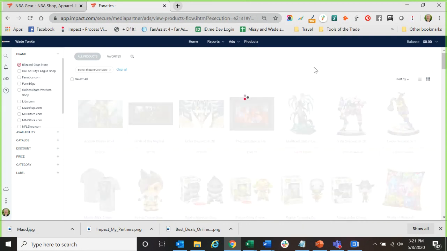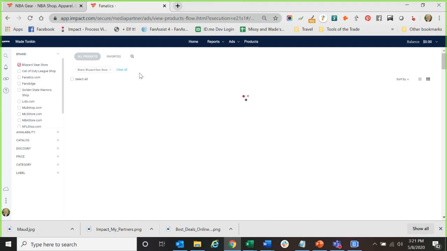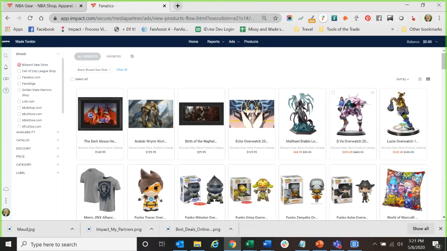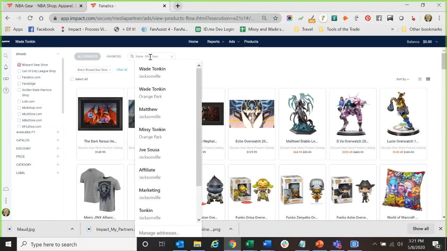So if you wanted to access product links, it's thinking here, it's ingesting the section of the feed. And it's going to display the products that are in that store. And then there's a search box up here. And so we could do,